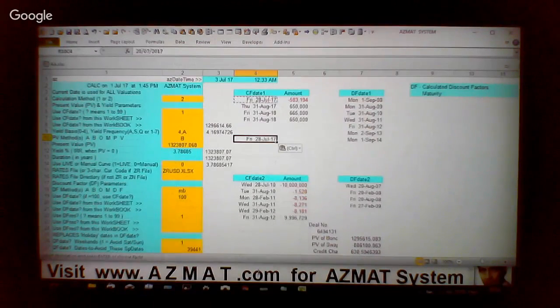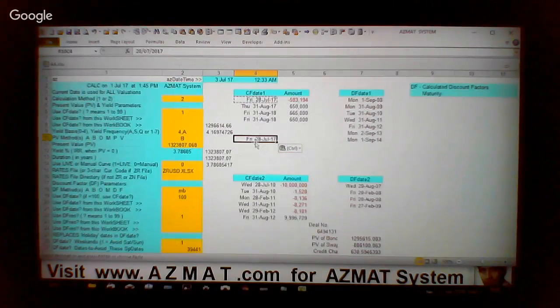You'll see that it's showing that as 28th of July. But if I change the format of that particular cell,